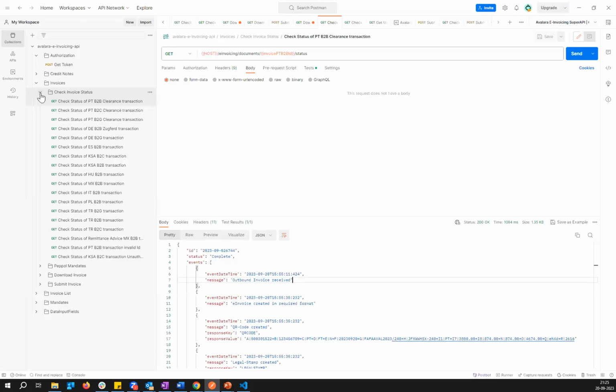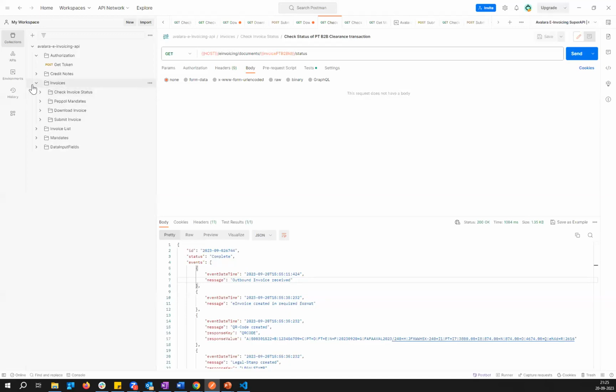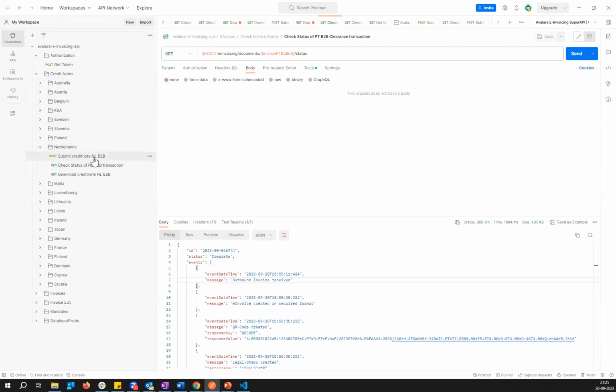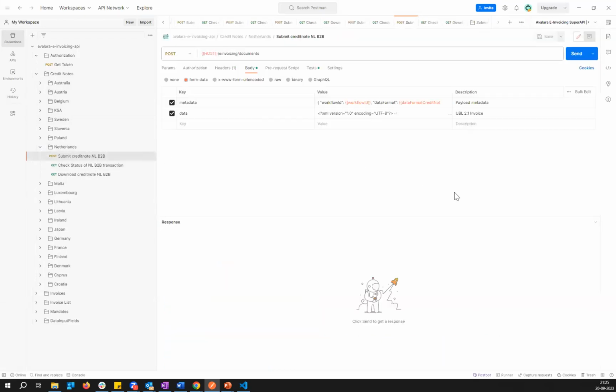Now, as I mentioned, we are supporting invoices as well as credit notes. So let me go back and take one example of a credit note. Again, the same API, we need two of the elements. And this time the data format is UBL credit note, again with a different mandate, and the country is NL.